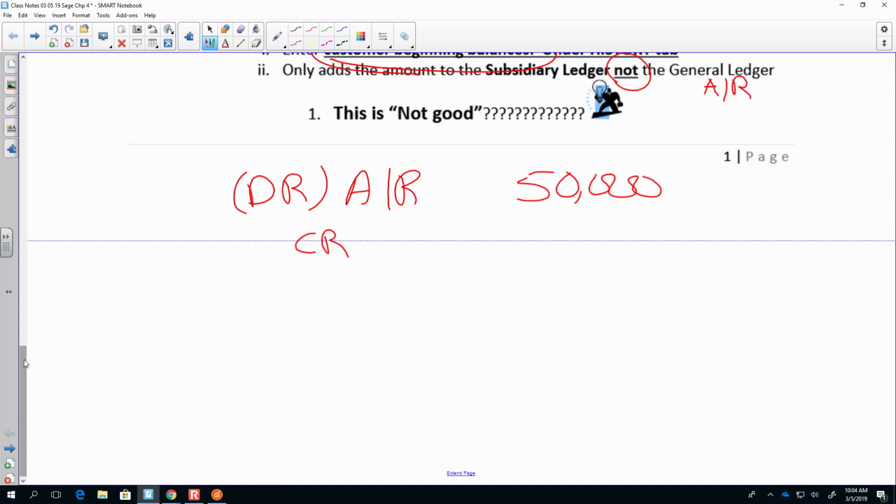Sales. I don't want sales, 50,000 that's already been previously recorded in my sales for this year. That would be bad. I'd be paying tax on it twice then. That's true. So what's my only alternative? Where does my sales go to after retained? Retained earnings? Yep. That's the entry. Not that you're going to do that in chapter 4, but whenever you set up a new